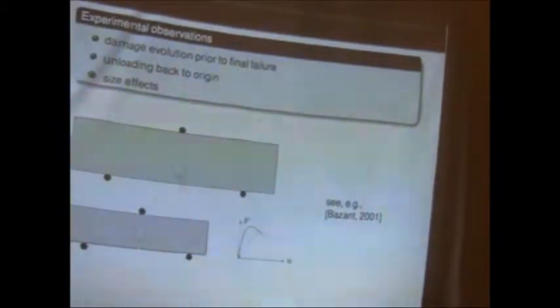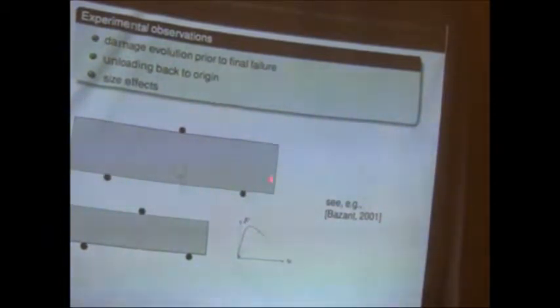When we are talking about quasi-brittle failure, for instance in concrete, in structures of concrete, what are the things we observe? So first of all, we observe an evolution of damage prior to final failure. Furthermore,